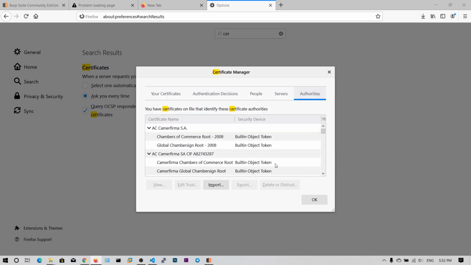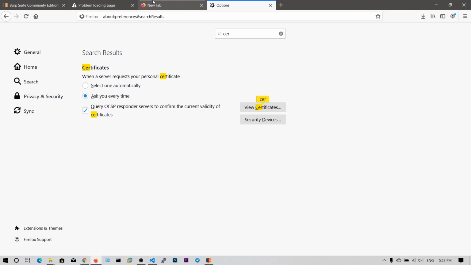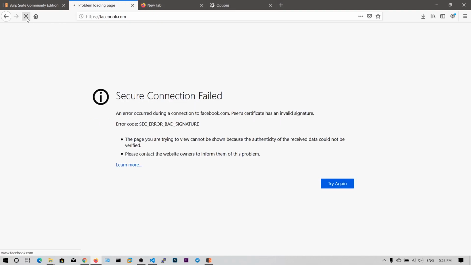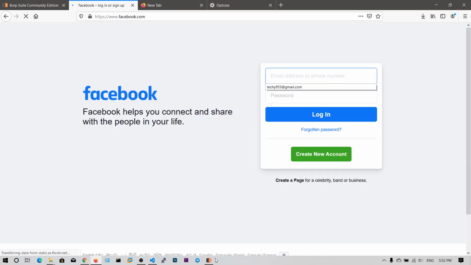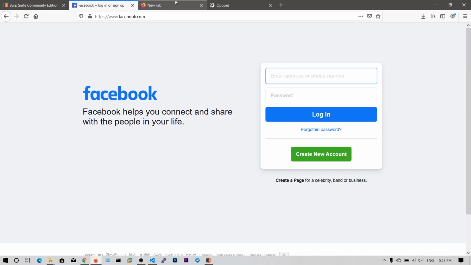Click on OK. I think it has been imported. Click on OK. Now let's try facebook.com, and there you go. Okay, you need to import it manually. Okay, that's fine. We have successfully managed to send the HTTPS request to Burp Suite.